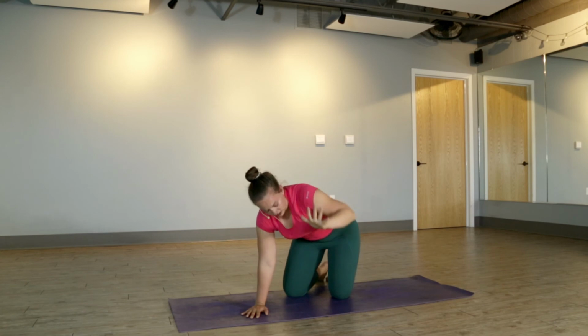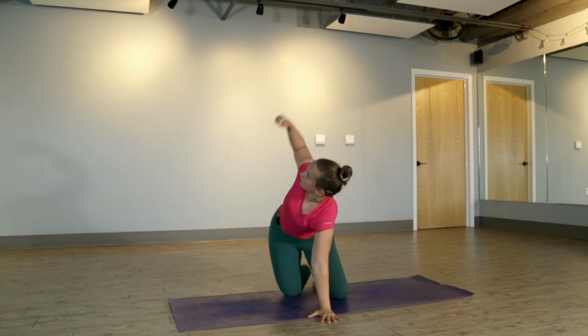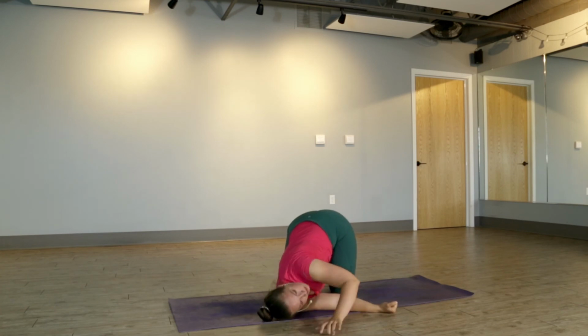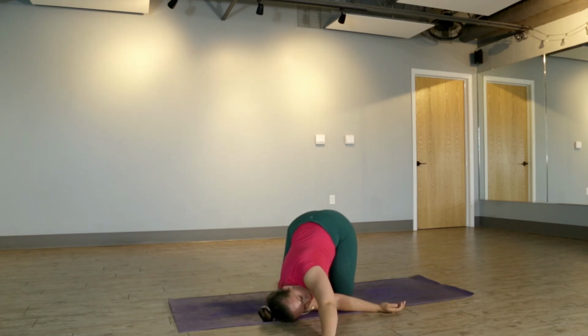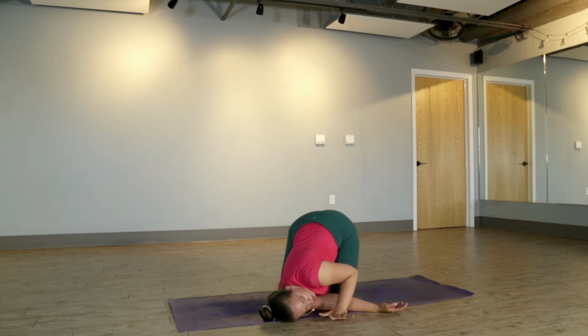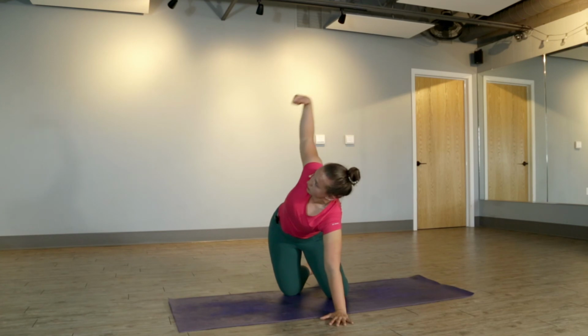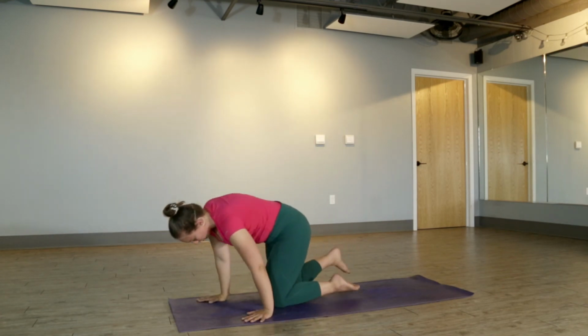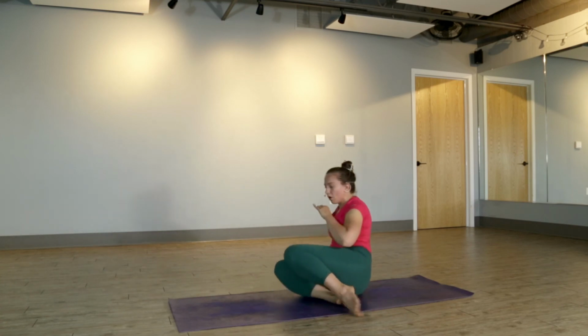Awesome, left hand comes down, right arm reaches. Thread all the way through, come down onto your shoulder. Walk your left palm forward and breathe. Relaxing into the shoulder, just give me a little bit of a stretch. Walk your palm in, reach your right arm high, and release. Awesome. Let's come back down to our glutes, coming to a seated, and then let's roll all the way down